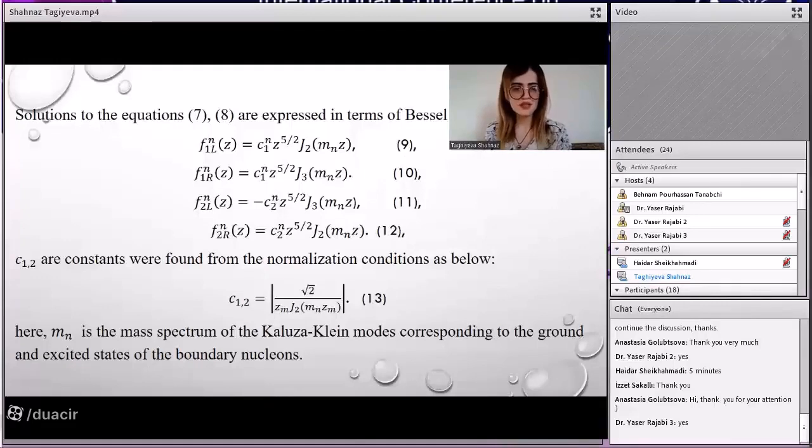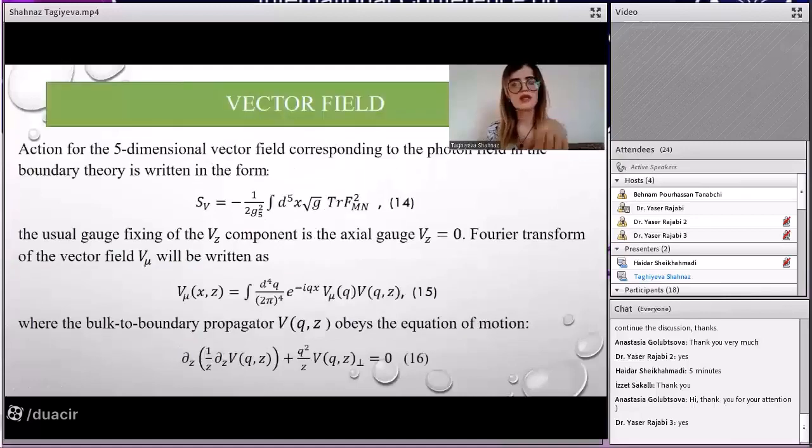Then we can see this is the mass spectrum of the chiral models corresponding to the ground and excited states of the nucleons. Then we have to write the vector field, or I can say the bulk to boundary propagator,